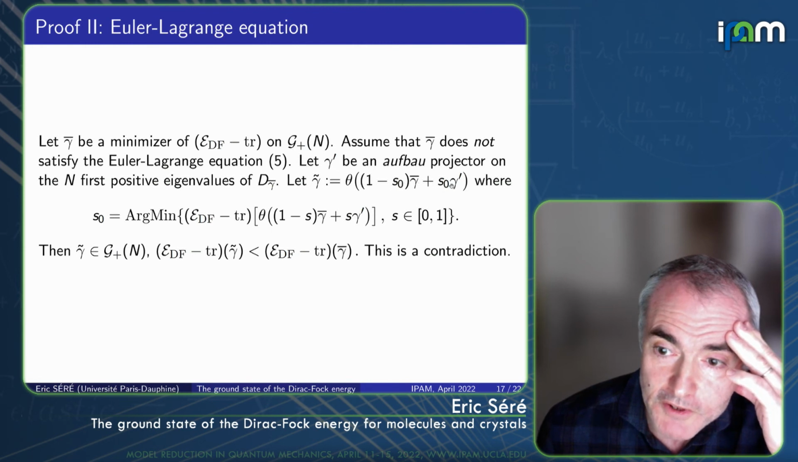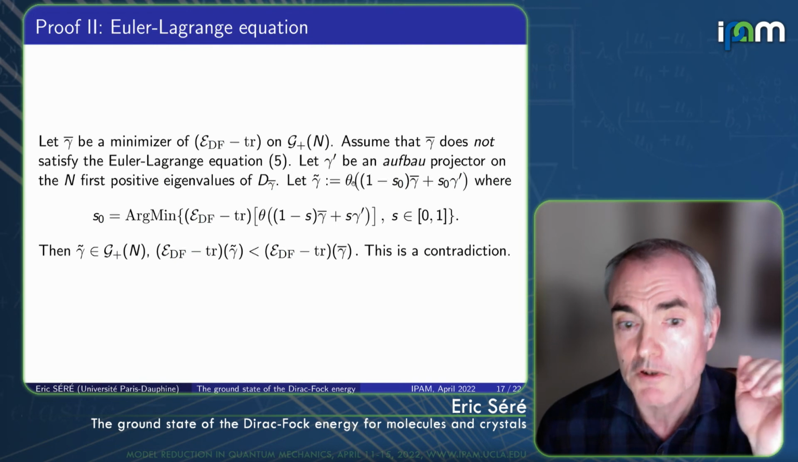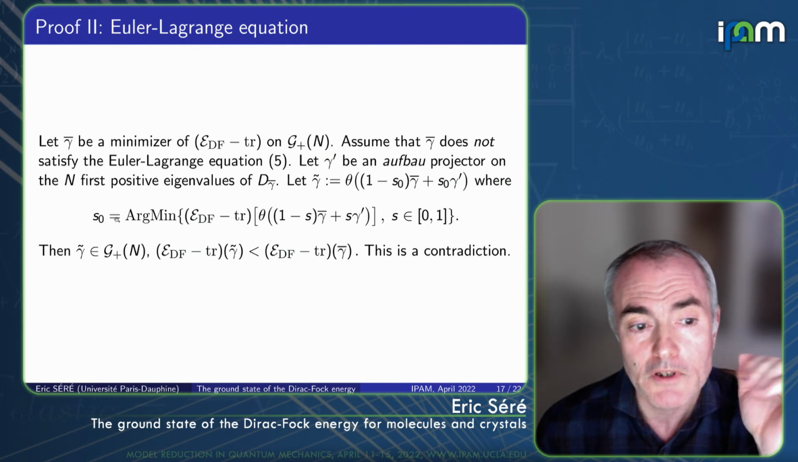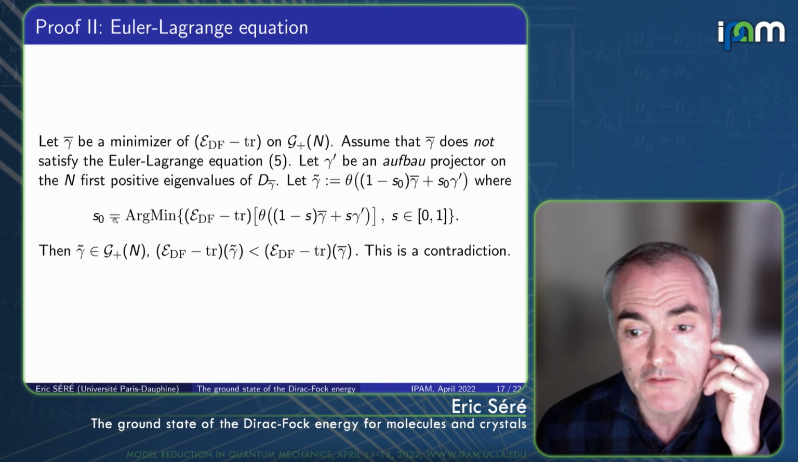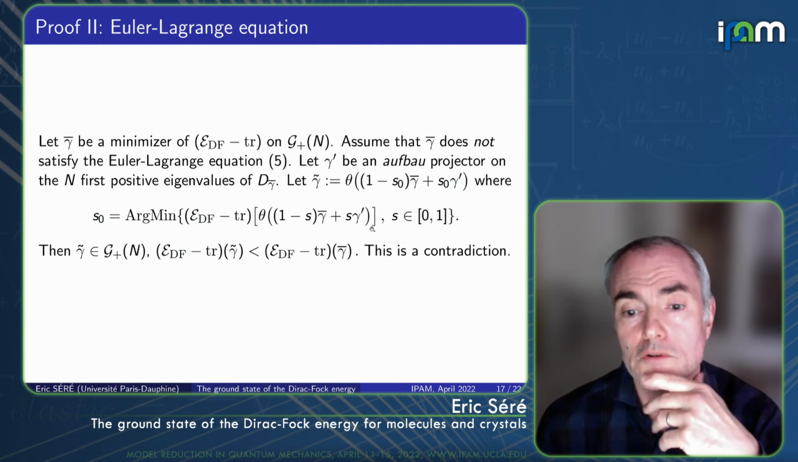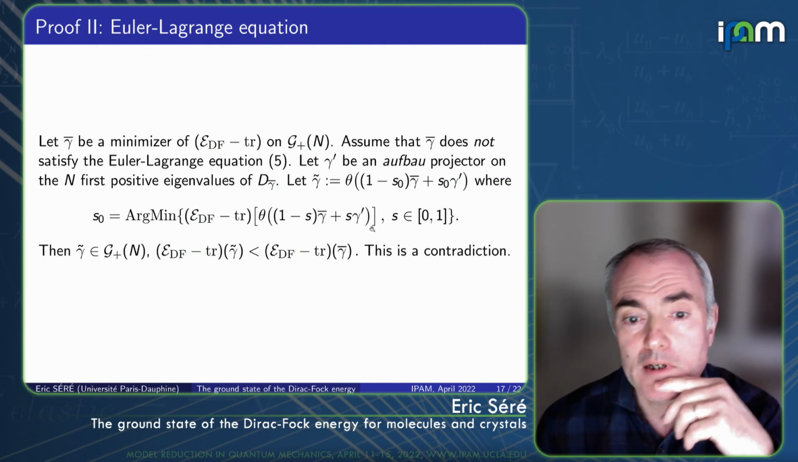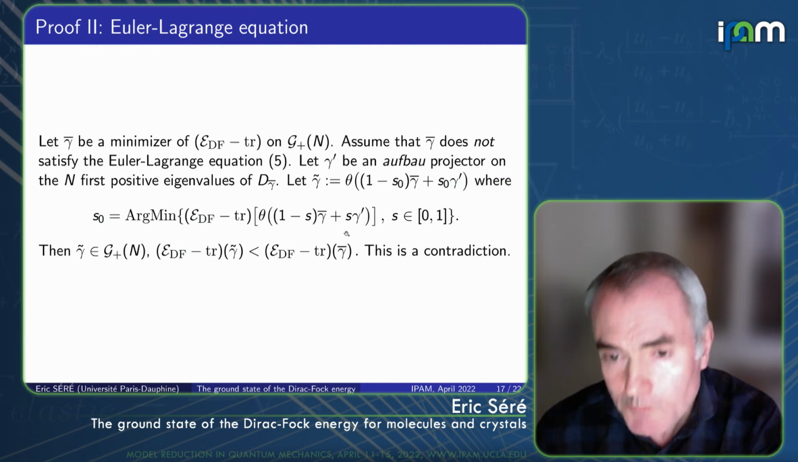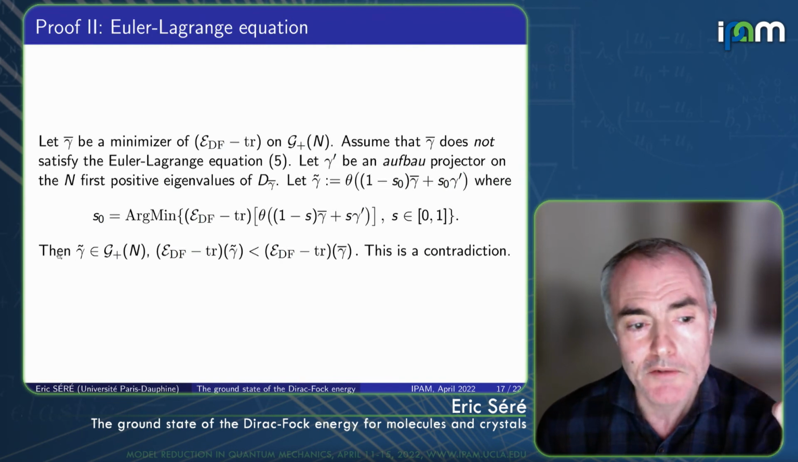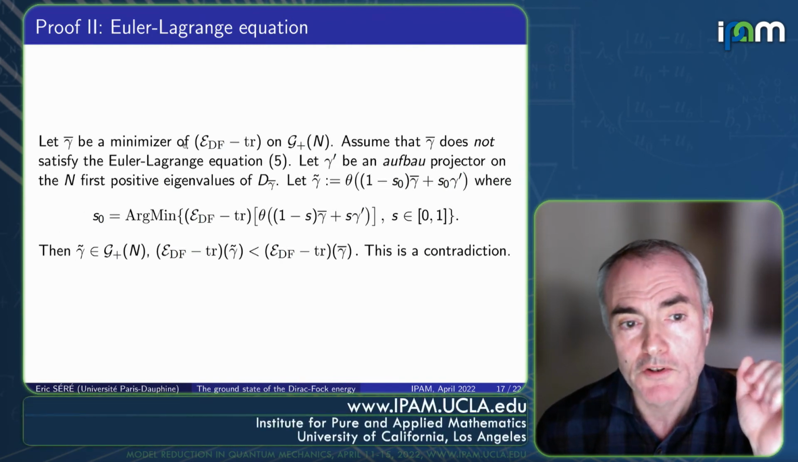So you take this convex combination, you apply theta to it. Theta is this retraction I was talking about. And S0 is the minimizer on the interval 0, 1 of the Dirac-Fock energy of theta of this convex combination. Okay? And now, after some computation, you check that if the Euler-Lagrange equation is not satisfied by